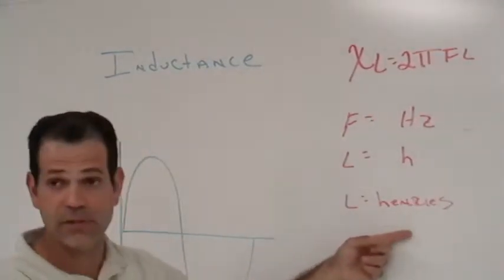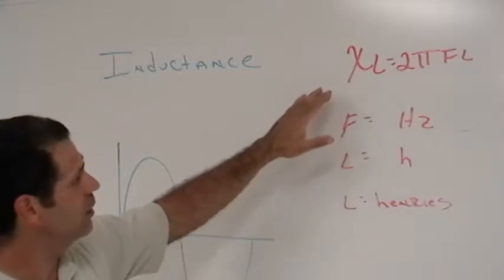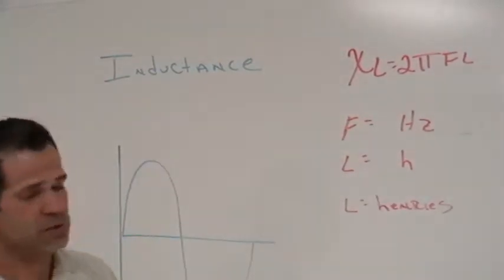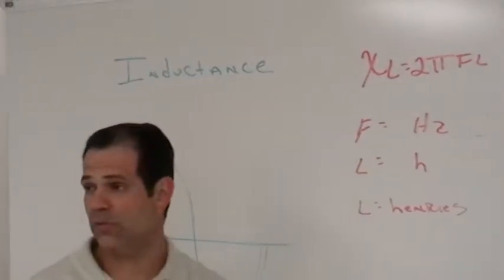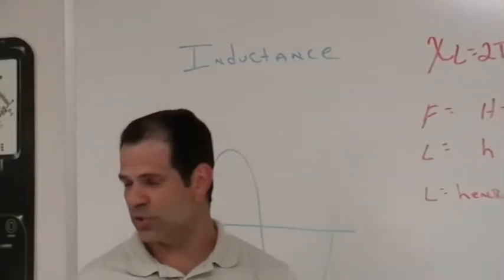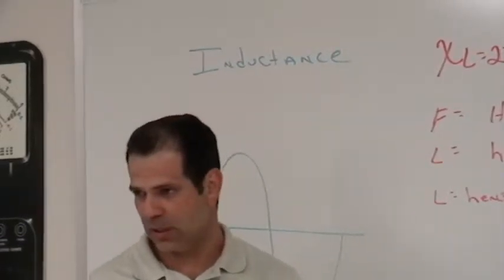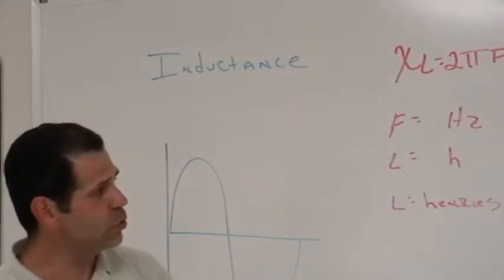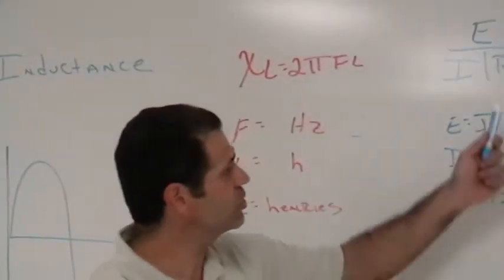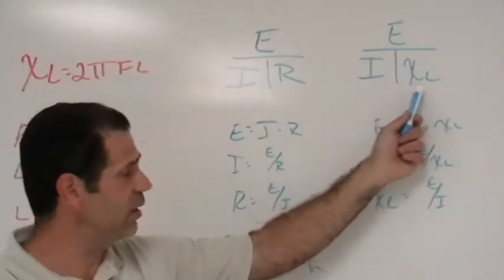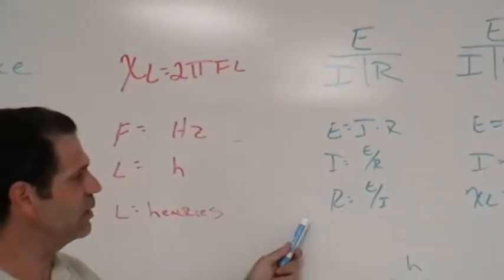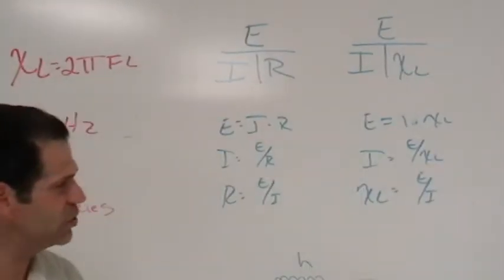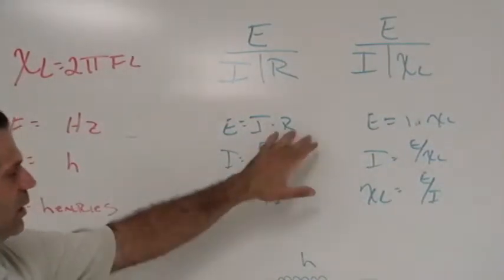measured in henries. Now, inductive reactance is measured in ohms. It's a value similar to resistance, except it's dealt with in AC circuits. We can substitute X of L for resistance and come up with the same formulas, except with X of L substituted in for R